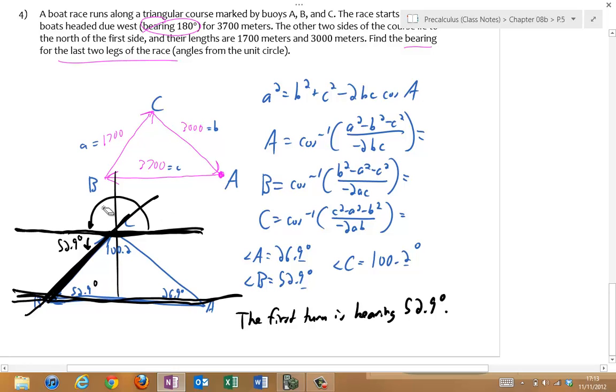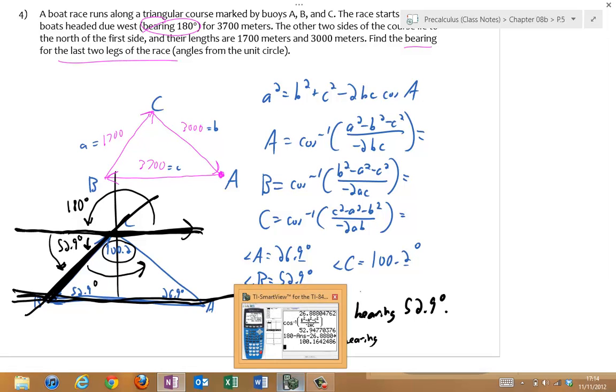So what I want to do is say, I know that's 52.9. I know this is 100.2. I know this is 180. Oh yes, we're going to add all of these up to get that final bearing. Meaning relative to the unit circle, relative to basically going to the right, this whole thing here is 180 degrees. This little bit here is 52.9 degrees. And then this final bit there is 100.2 degrees. So the final turn, there really are only two turns here, is bearing